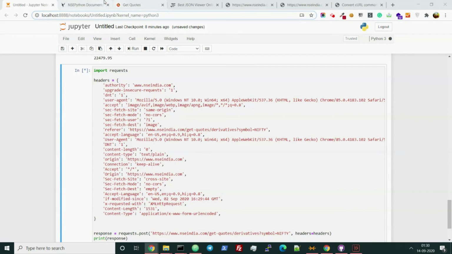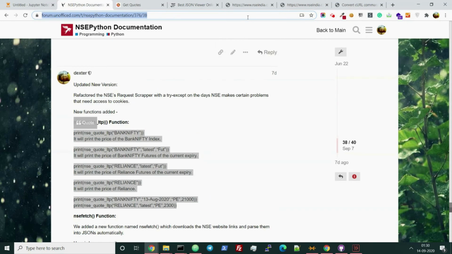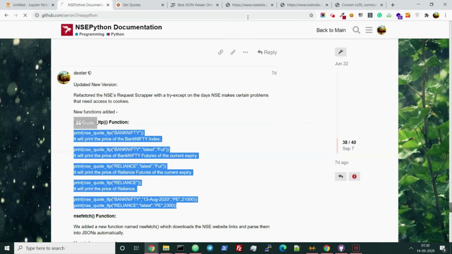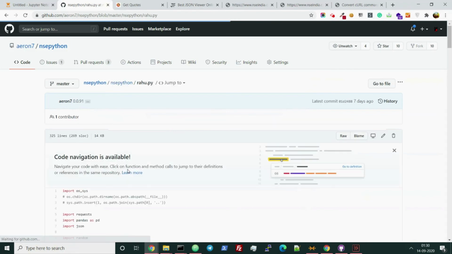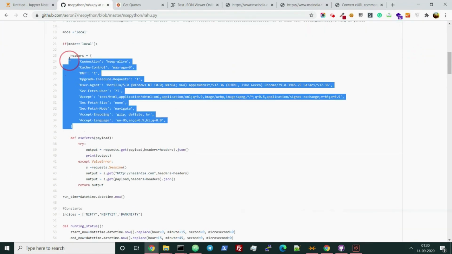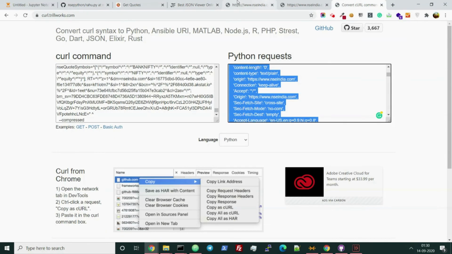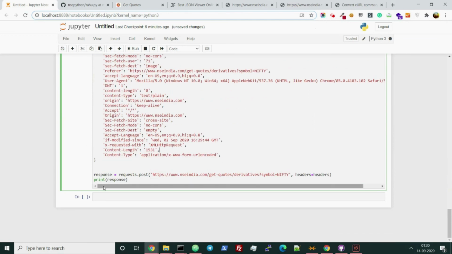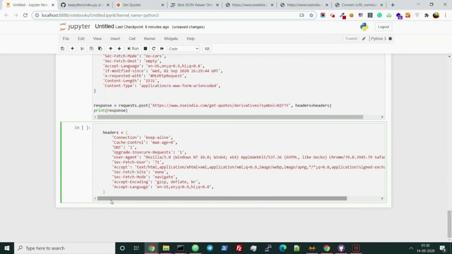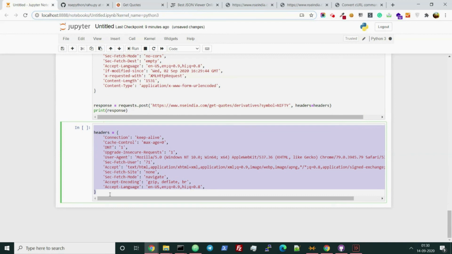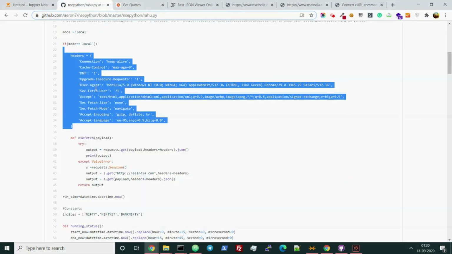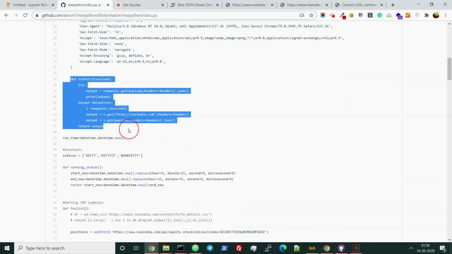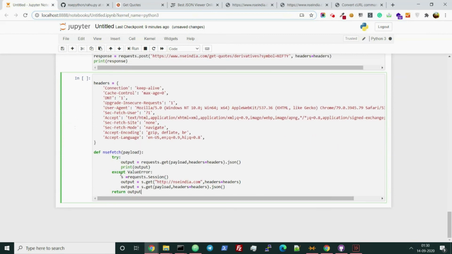Anyway, if you see in my NSE Python code, let me just show you in the GitHub. You can see how I have written this code. So I have taken this as a header after lots of hits and trials. So it is stuck there. This is my header as I have written there. So I have defined the NSE fetch function. So what is it? Let me show you. This is the NSE fetch function.